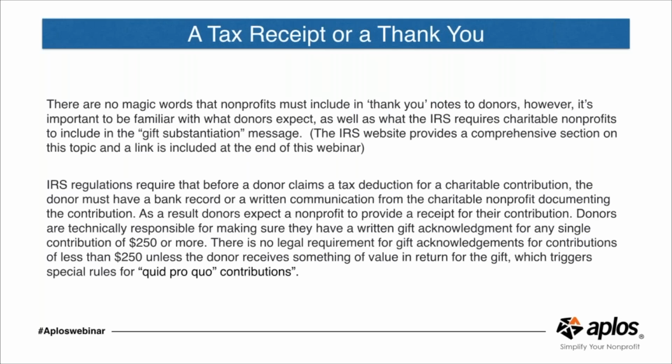By way of getting going, there is an actual requirement on what is a proper tax receipt. We're going to talk about that for a minute or two, and that the IRS does have some regulations. And what we're really going to separate and talk about is how we differentiate what that tax receipt is, what the donor has to get, versus how you go about nurturing and creating good thank yous at the same time as well.